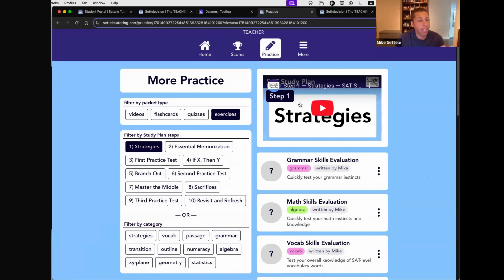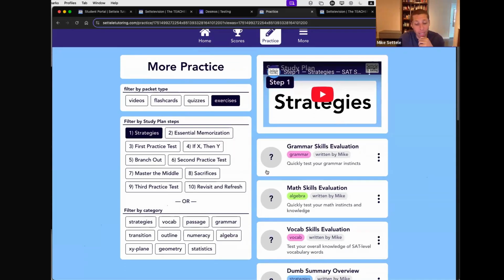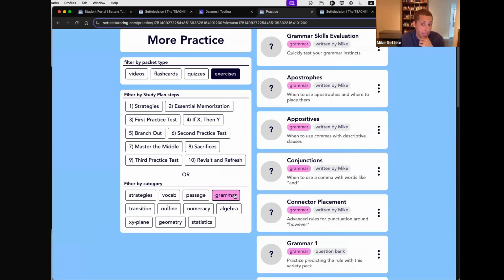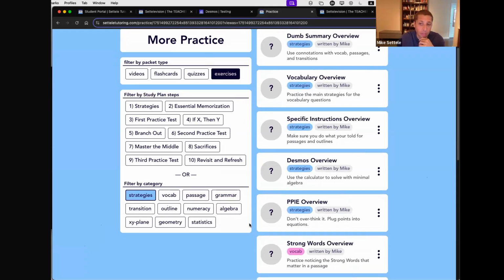So don't worry if it's not quite feeling smooth just yet. It will get easier with practice, but you've got to do the practice. So that's why this is organized this way. If you want to organize things differently, if you want to start to jump around to different topics, you can also sort by the topic itself, by grammar, let's say, or the strategies, kind of overall specific stuff.